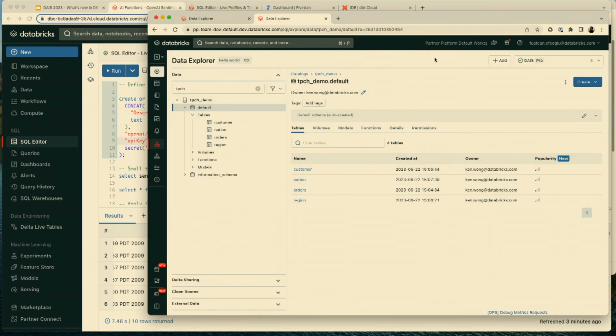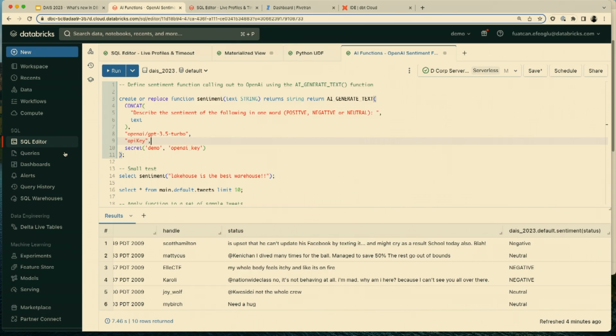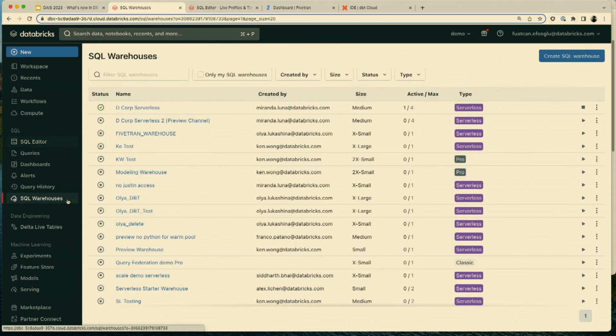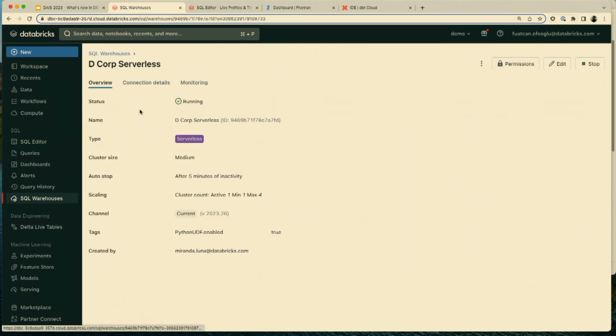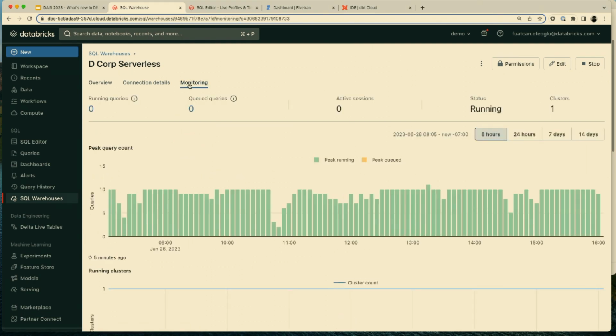Before we close, I want to talk about administrators and monitoring and the whole management side for like 2 minutes, because we've been very heavy on the pipeline building and the analyst side. As an administrator, one of the things we gave you in the last quarter is a much better monitoring experience. I can go into any of these SQL warehouses, click on the monitoring tab, and as opposed to what you used to see, which was just a peak query count, just this thing, now you